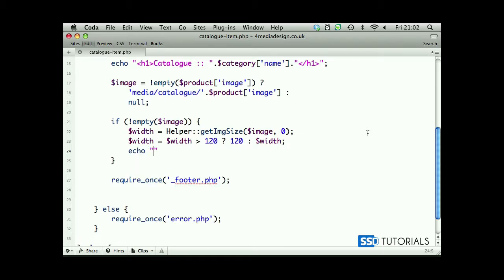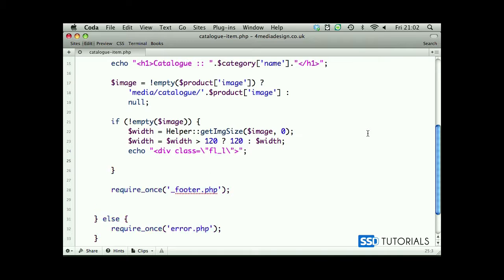Okay, now we echo in between the double quotes div with a class FLL, which means float left, and we close the opening div. Then we echo another div with the class LFT,